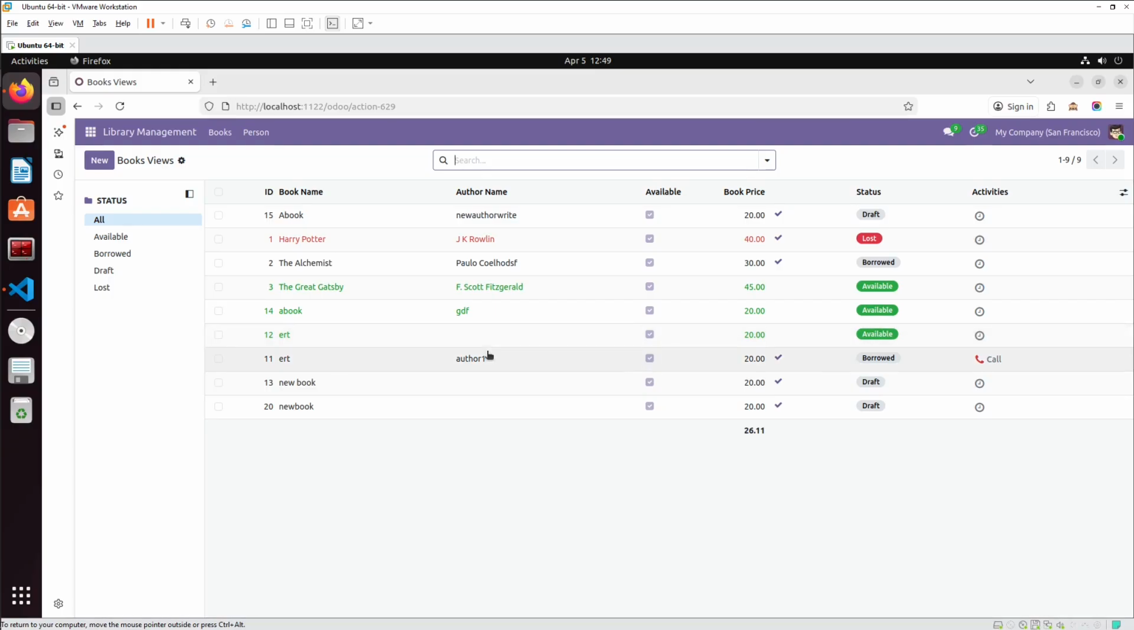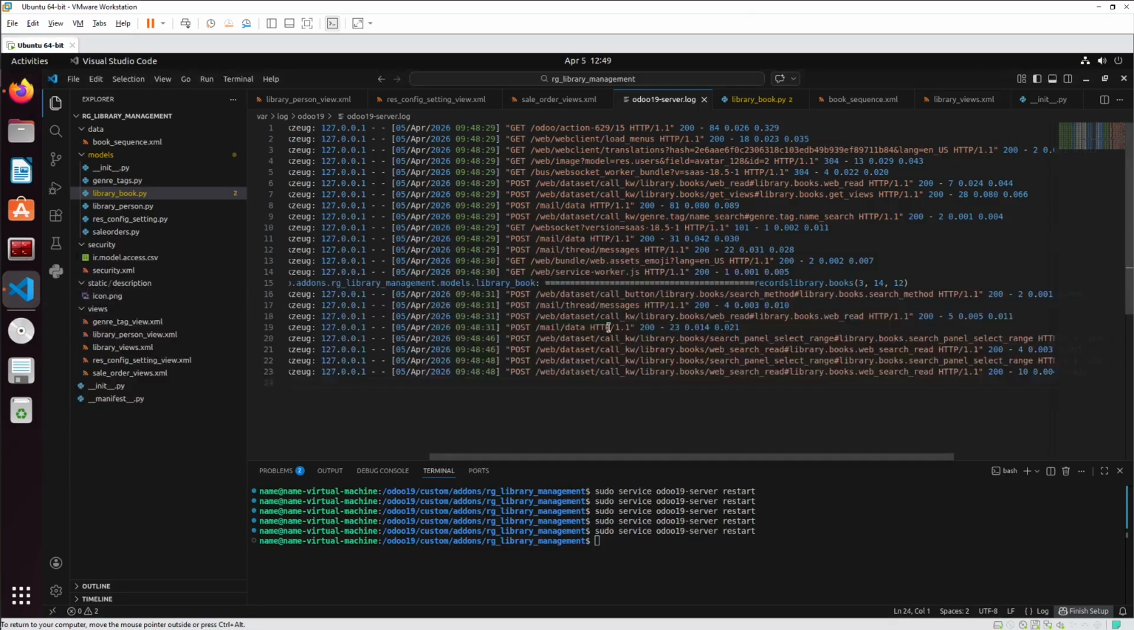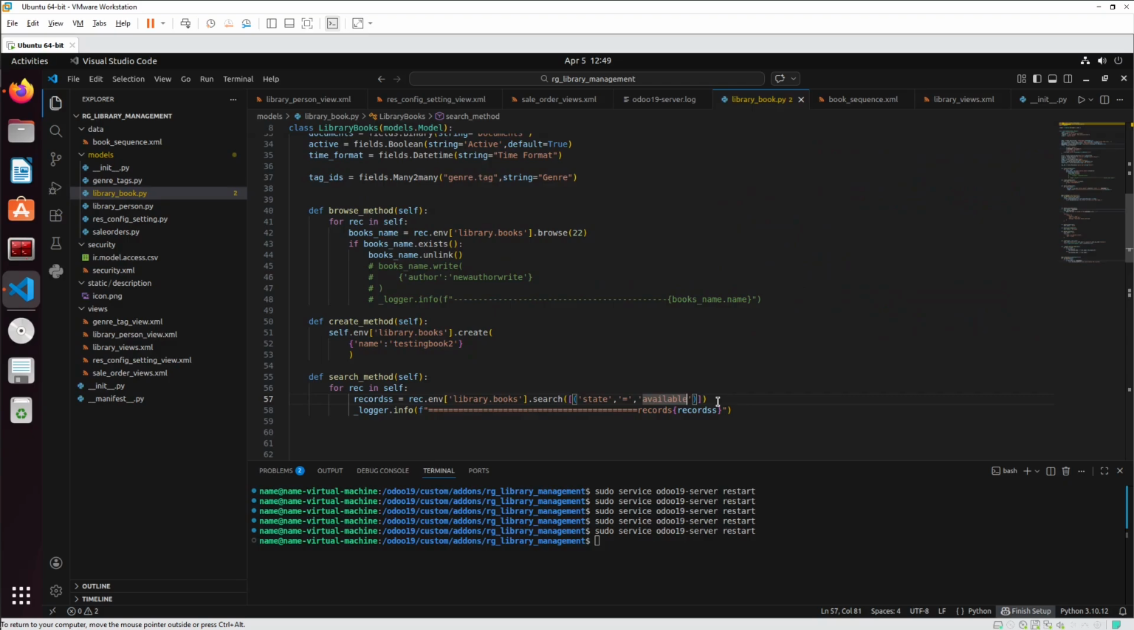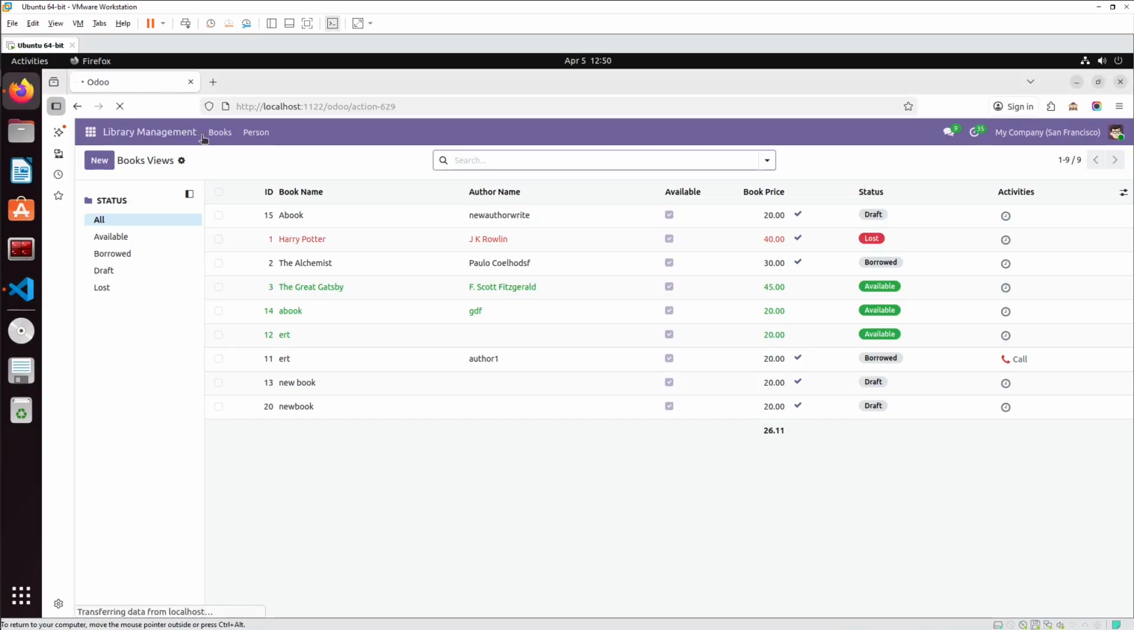Other than that, there is also the order parameter which you can use in the search method along with the domain. For example, you can see currently the ID is shown as per the fetching of the records. Now I want to show it after the domain. I will add order equals to by ID. Restart the server, refresh the page,